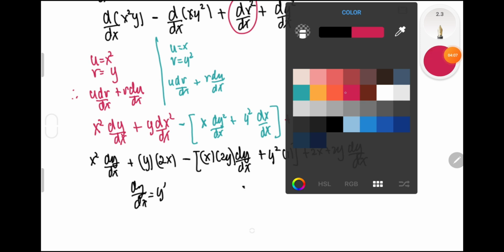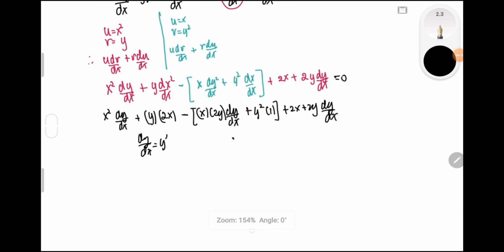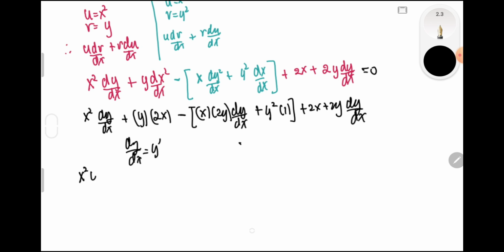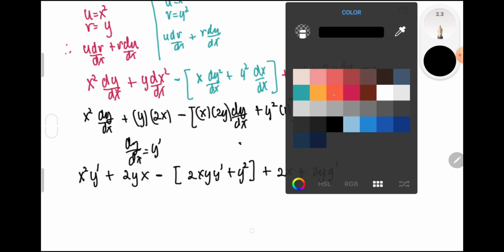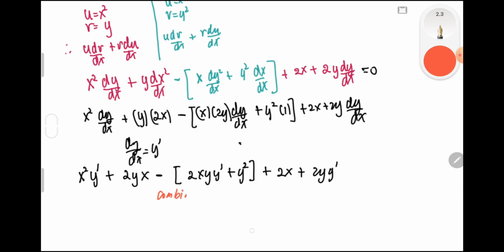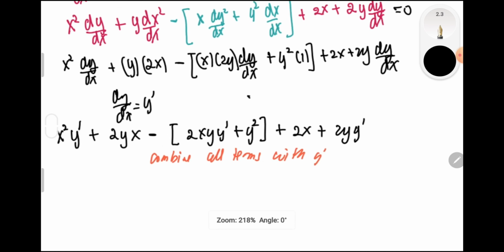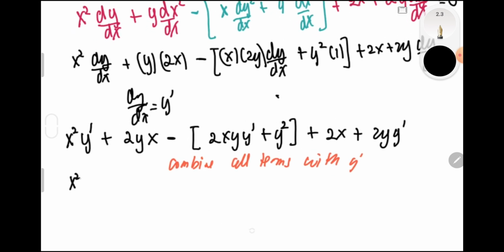So therefore, we may say that we will have a value equal to x squared y prime plus 2yx minus 2xy y prime plus y squared plus 2x plus 2y y prime. Next is combine all like terms, or combine all terms with y prime. So from that we'll have a value equal to x squared y prime,